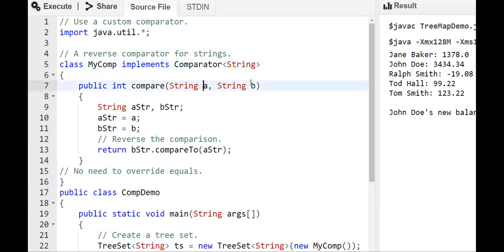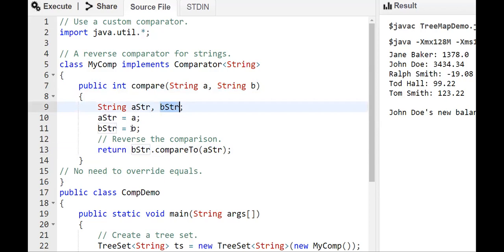If we have A and B strings, the comparison would normally be A against B. If you want a reverse ordering, then the comparison must be B and A. In the same way we are reversing, that is on B we will invoke the compare with A. Both the strings, A string and B string, we are converting into an object.